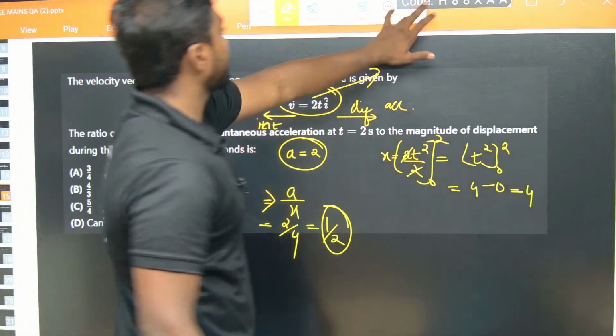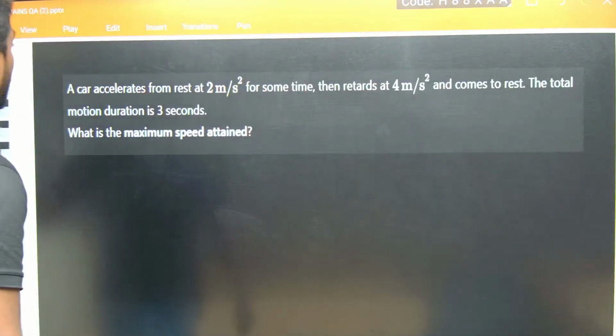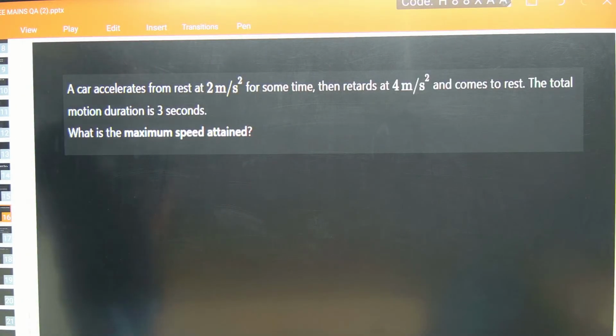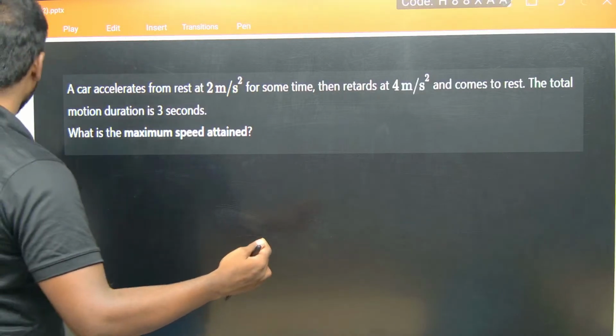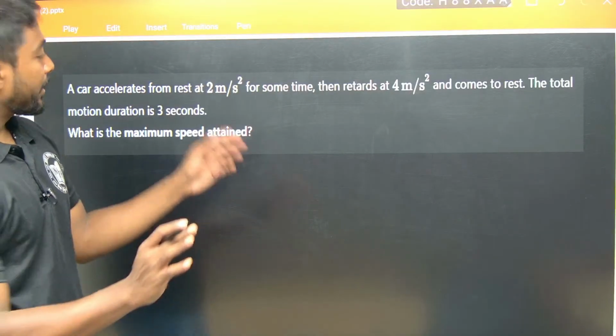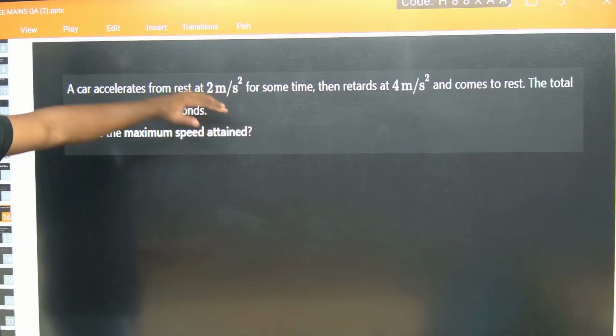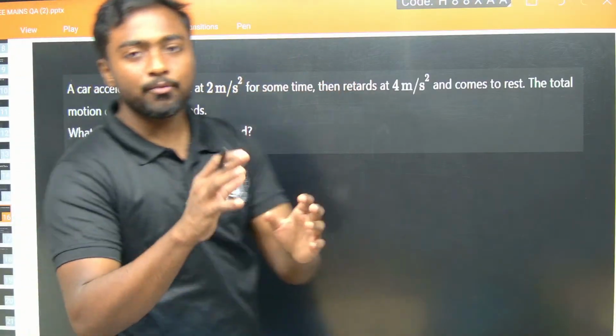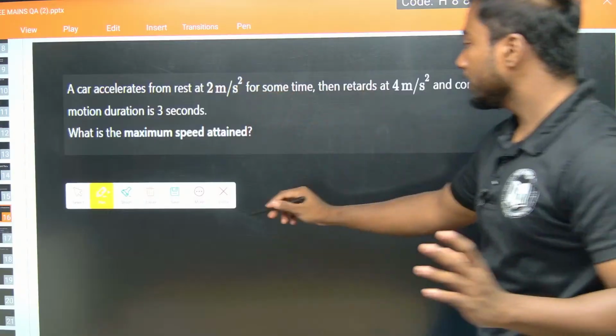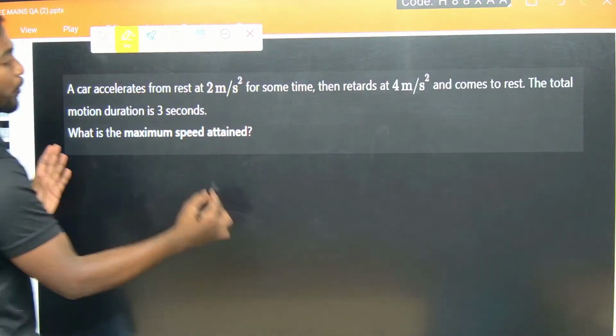The next question is, a car accelerates from rest at 2 meter per second square for some time, then retards at 4 meter per second square and comes to rest. The total motion duration is 3 seconds. Okay. They are saying that the total motion duration is 3 seconds. So when I take now, v1 will be equals to a1 t1, right? Acceleration of the first instant with t1, that is, let me write it here. So total duration. So this is for